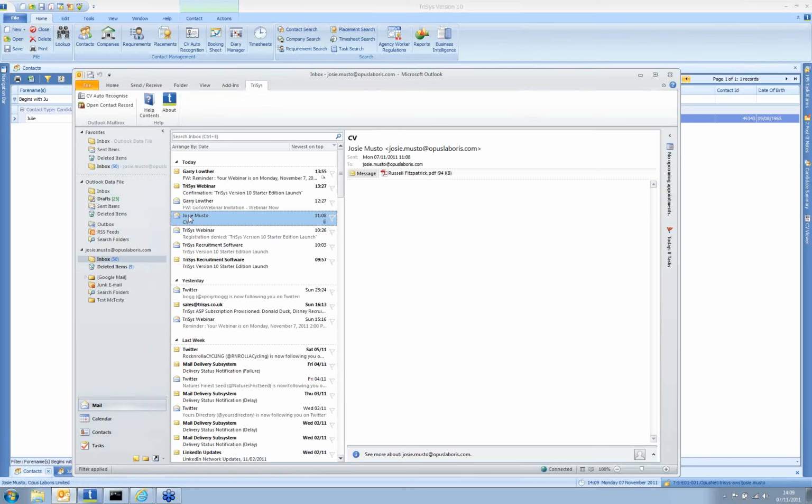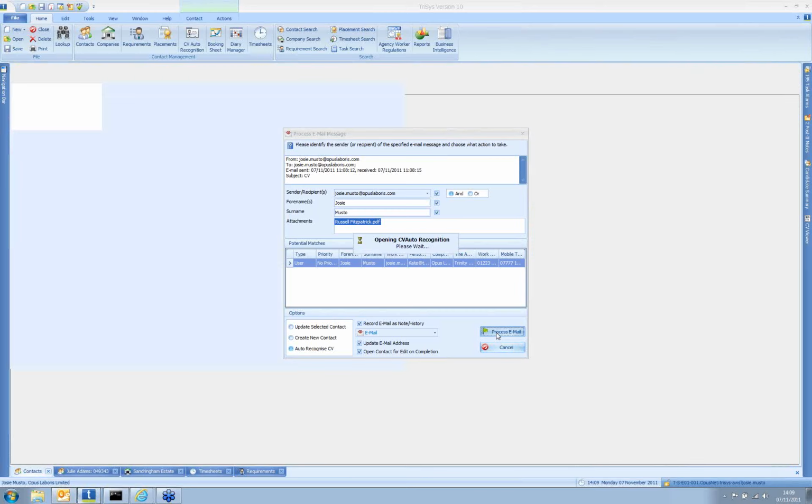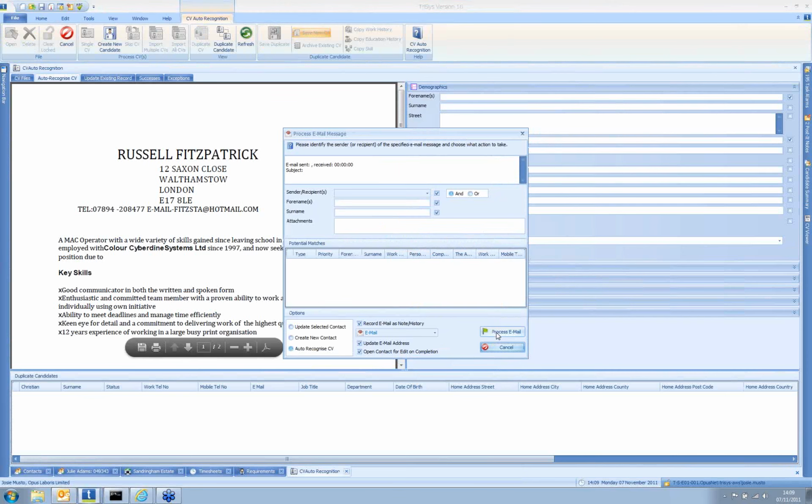The advantage we have now is that we've got some extra facilities on our parsing. So what we can do now is take more than just the addressing detail fields. What we're going to be doing is processing this. So I've clicked on the icon and it's brought up a workflow manager, and it's got a process email. So yes, I do want to process that email, and I'm going to grab that now